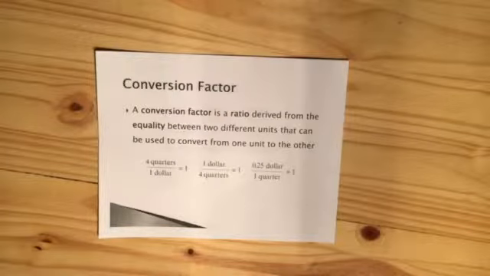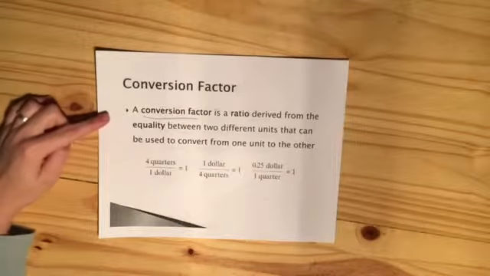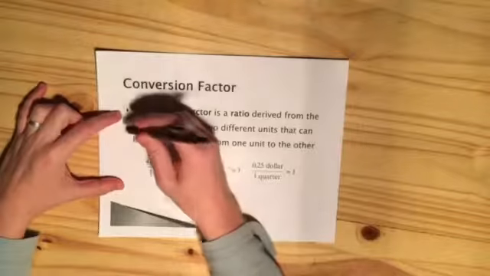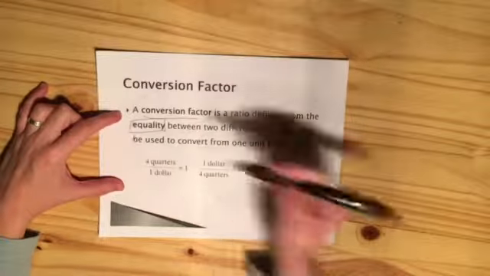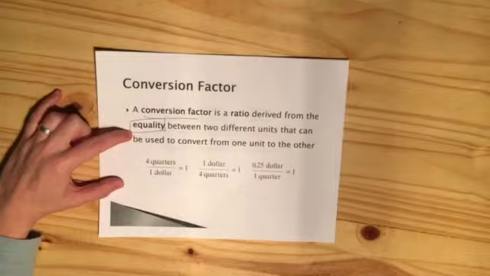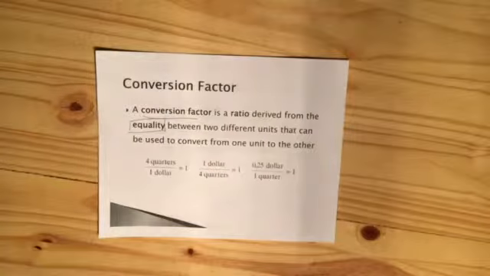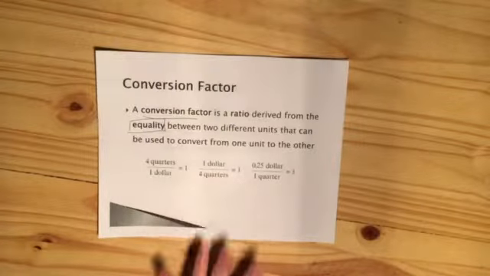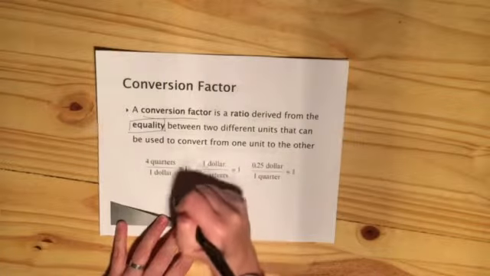We'll be going over certain calculations in this section, but we're going to be using this method over and over again throughout the course. So it's important that you learn how to use a conversion factor in these calculations. A conversion factor is a ratio derived from an equality. And so the key thing here is that this is an equality, things that are equal, two different units that are equal. And so an equality between two different units that can be used to convert from one unit to the other. And so here what they're using is the equality that 4